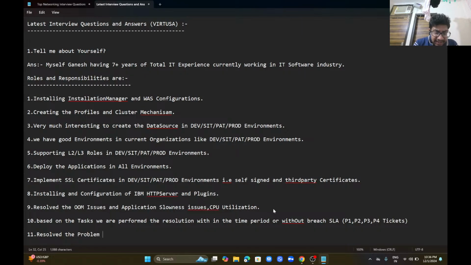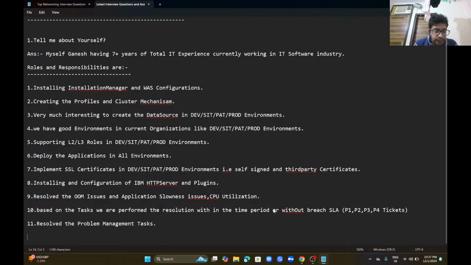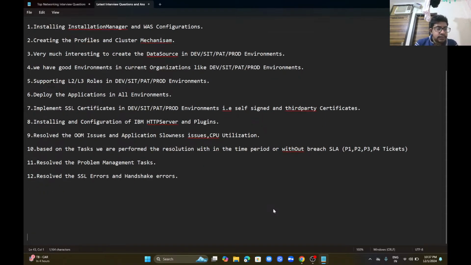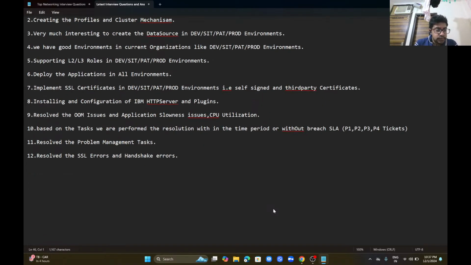Resolved the problem management tickets, resolved the SSL errors and handshaking errors, and the 13th one, changed the protocols based on the WAS versions, and 14th one successfully